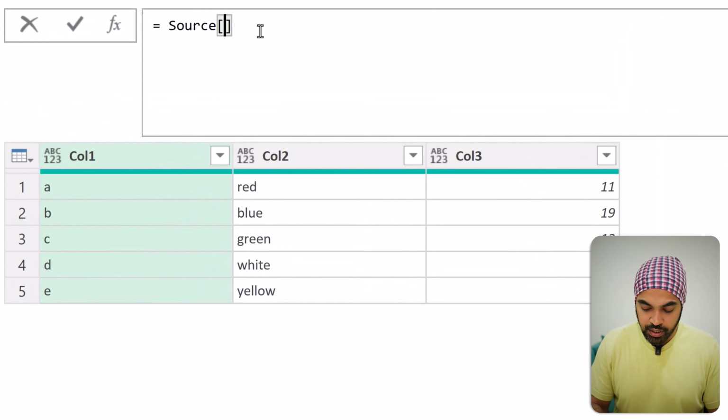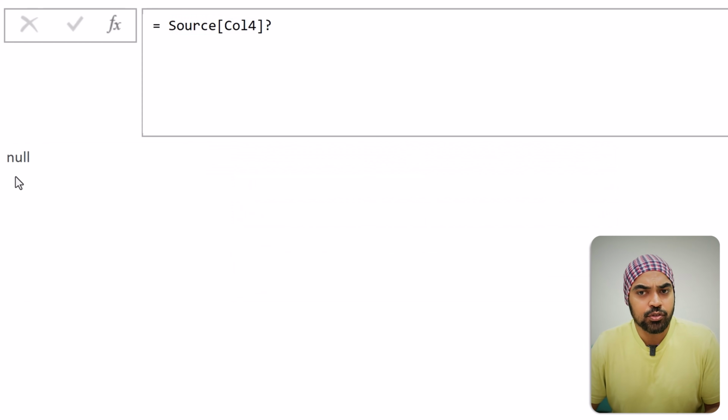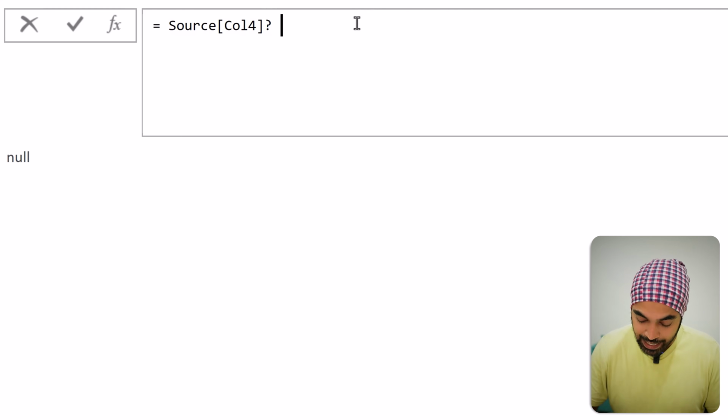I will put in the square bracket and I will say column 4, which obviously doesn't exist. And I will put a question mark after that and I'll press enter. And this obviously returns me a null value, which is okay for the query not to break, but not particularly helpful. So what I'm going to do now is that if I now put in the space and use double